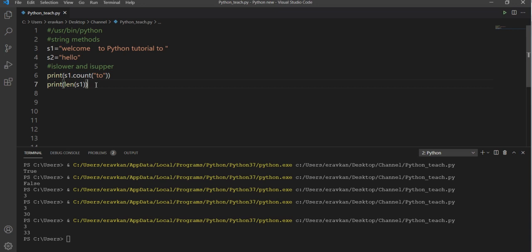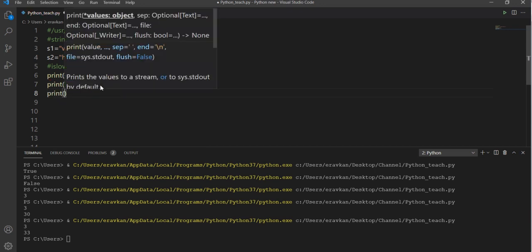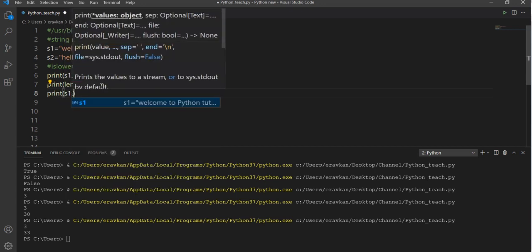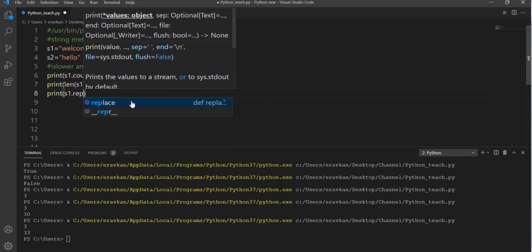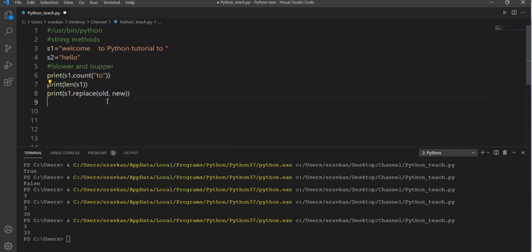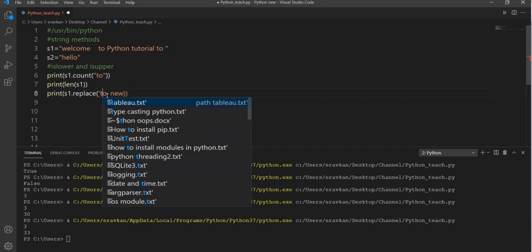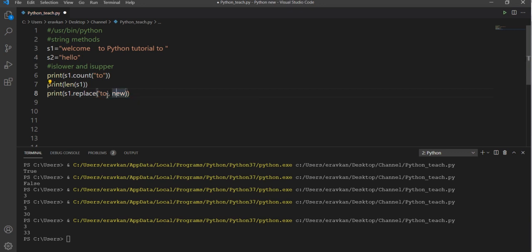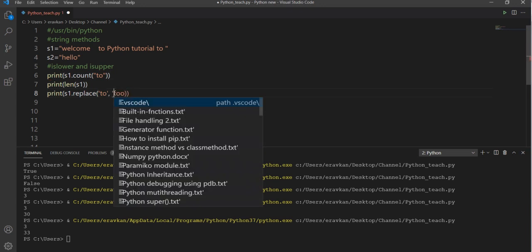Okay, count is done, len is done. What else do we have? Then we have the replace method. Suppose in my string s1, I want to replace the old value, 2, and I want to replace it with a new value, suppose the string.